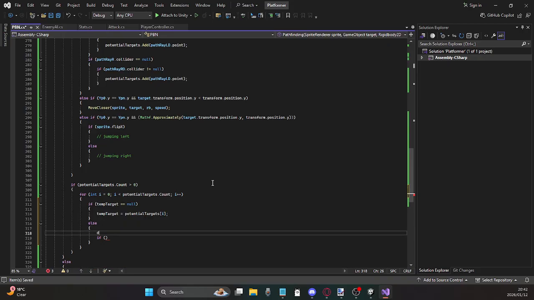So first I need to do float distance, well, distance temp, and float distance pot, potential, is equal to... let me just do it here as well so it stops complaining about that. So if this is equal to